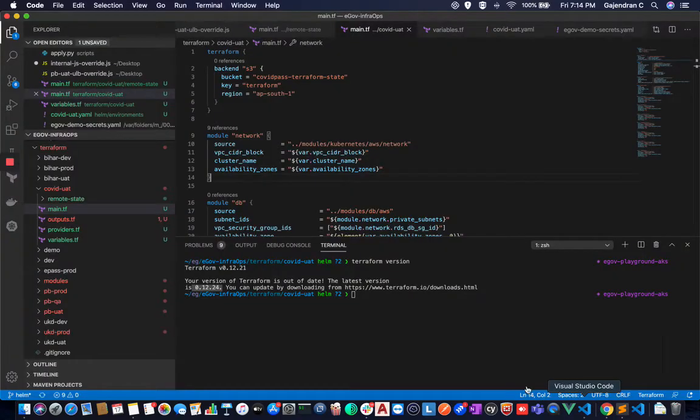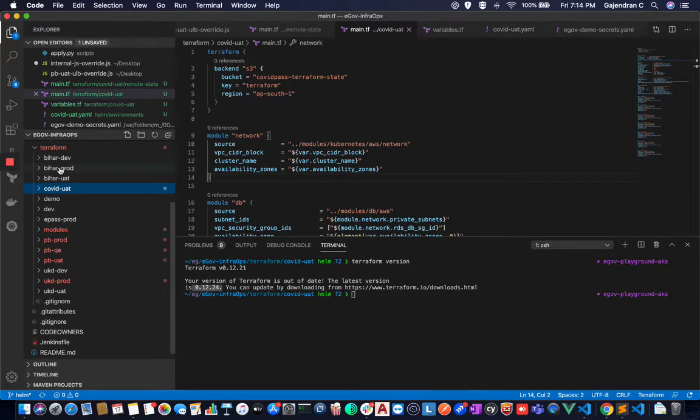So now how we do it in eGov, right? I want to create a cluster called COVID U80. So there's a U80 environment that I want to create for a specific purpose, right? So how did this folder come? You can always